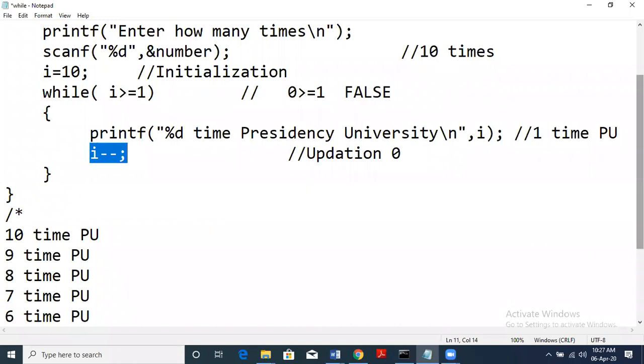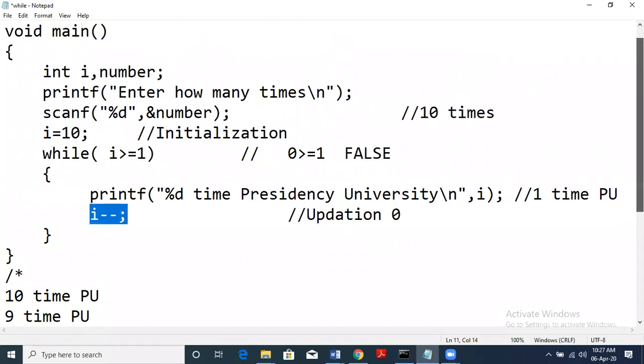Okay, so we have initialization, condition and updation for decrementing the index. The first program was by incrementing the index, wherein we started i from 1 and gave the condition i <= number and i++. When we use decrement of index, we start i with the greater value. i is started from 10.